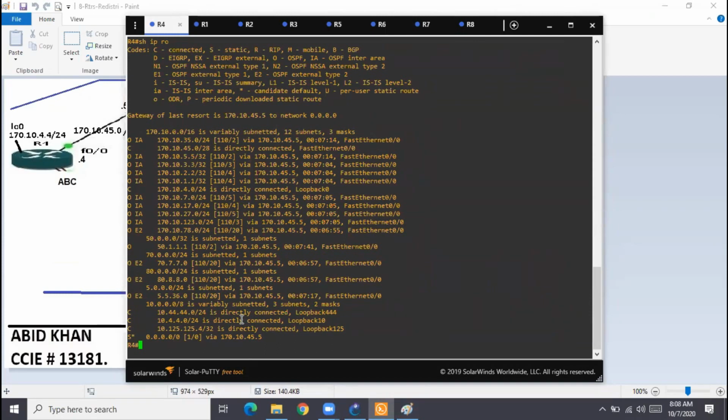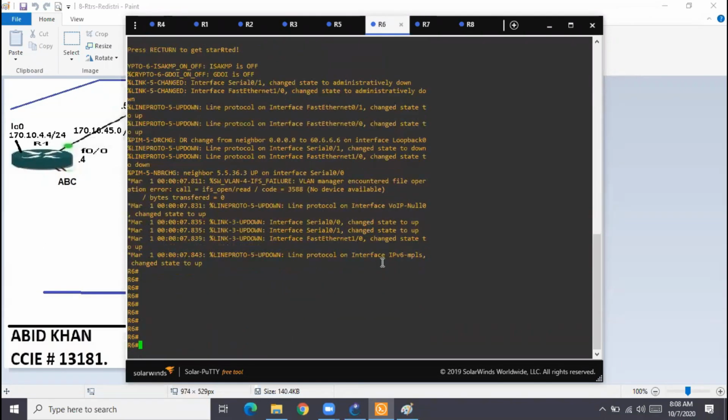How? Any routes starting with O means it is an OSPF route, and if it has this label, this tag, this sticker E2, then that means it is an external route, meaning a redistributed route.